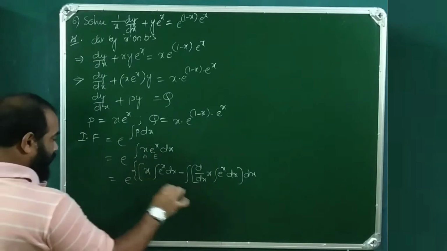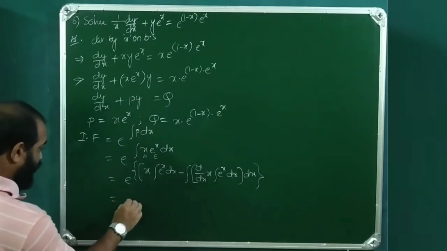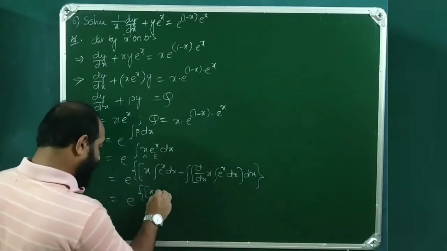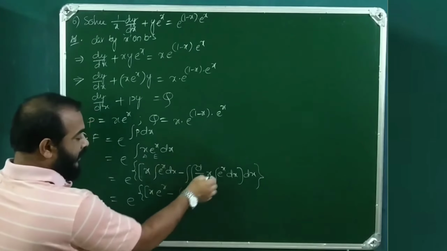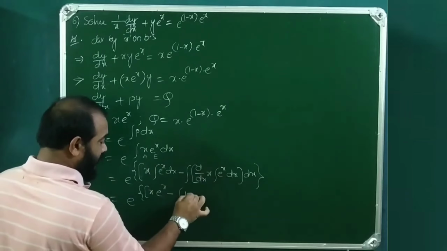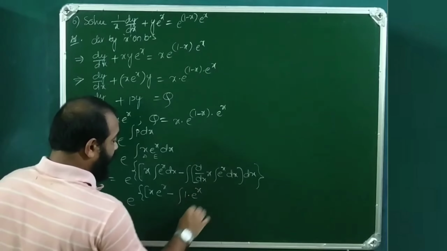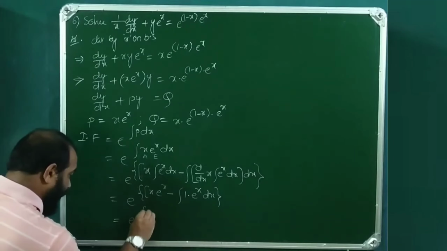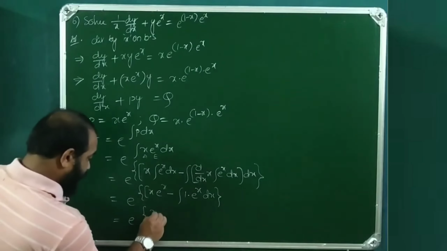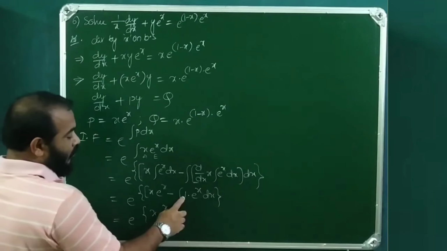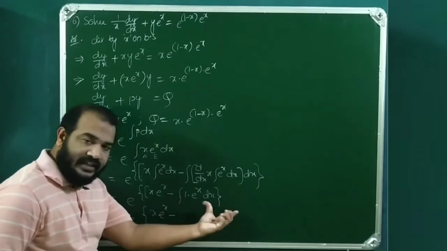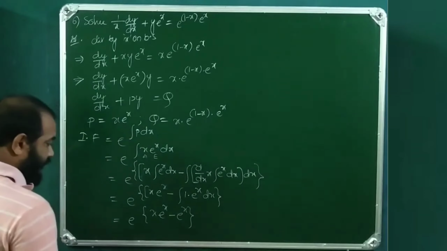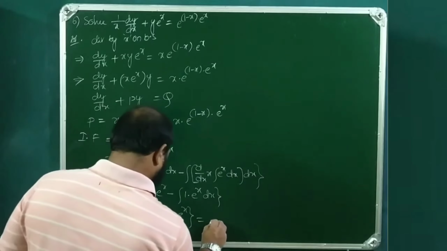So this is equal to x into integral e power x dx, which is e power x only, minus d by dx of x, which is 1, into integral e power x dx, which is e power x, into dx. This is equal to x e power x minus 1 into e power x. Integral e power x dx is e power x only. So this is equal to e power